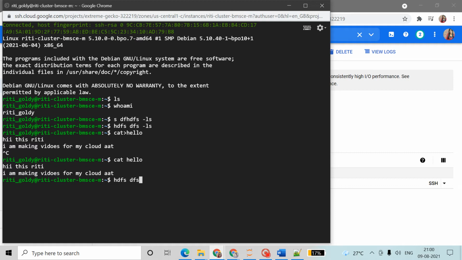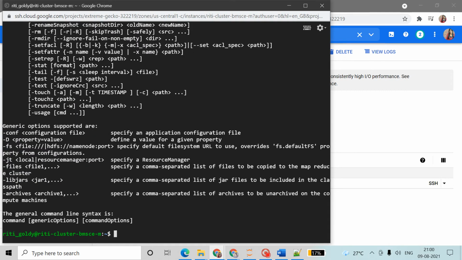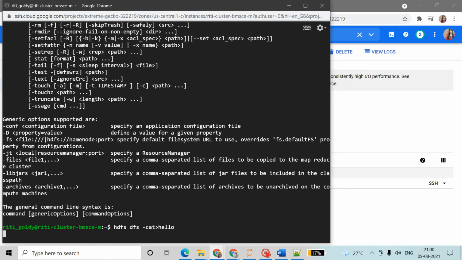But if I want to create the same file in Hadoop, then we have to write the command as hdfs dfs cat hello. I guess I made some mistake here in the command. No worry for that, we'll see how.